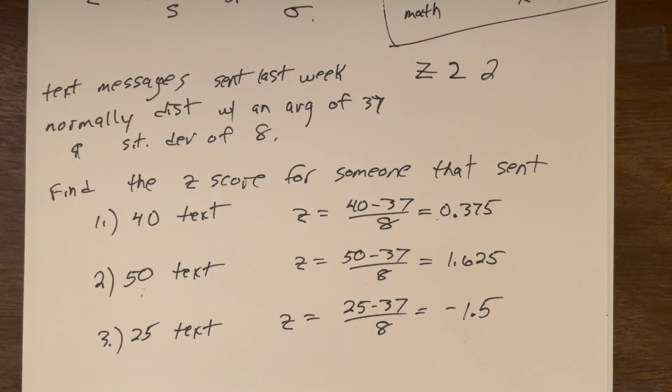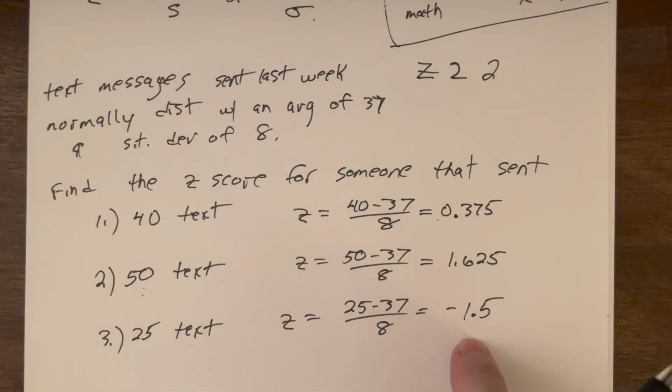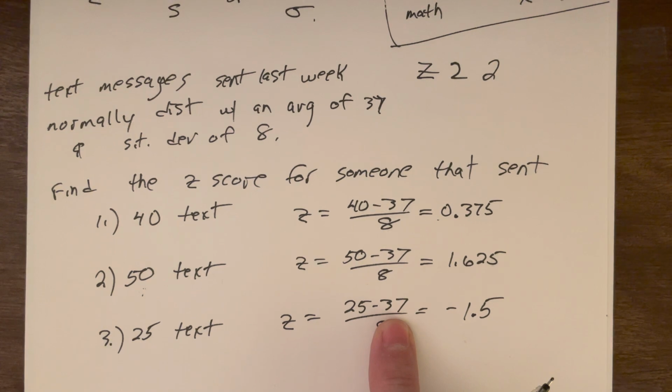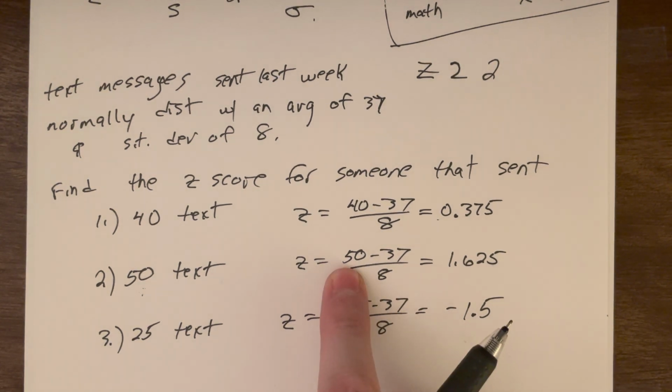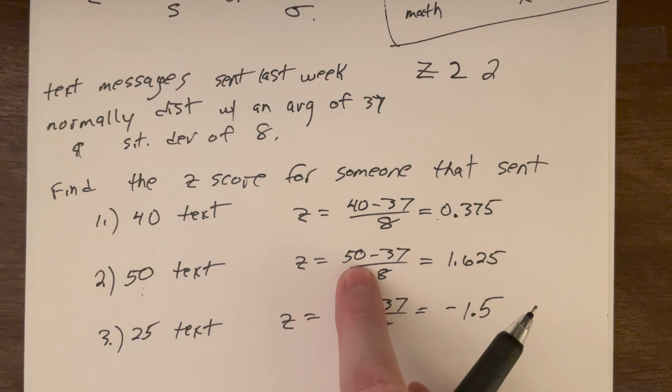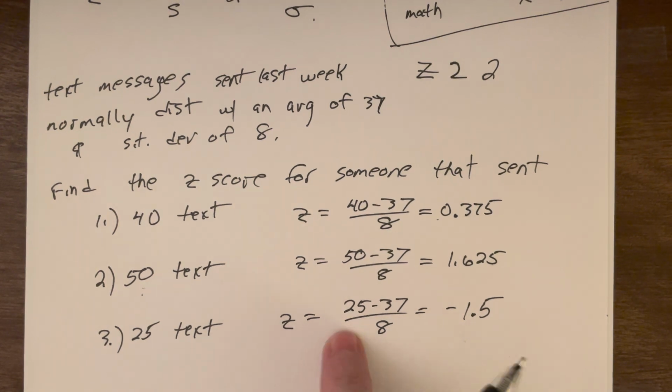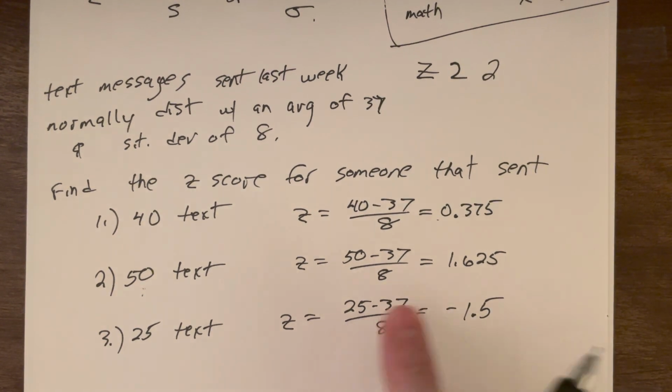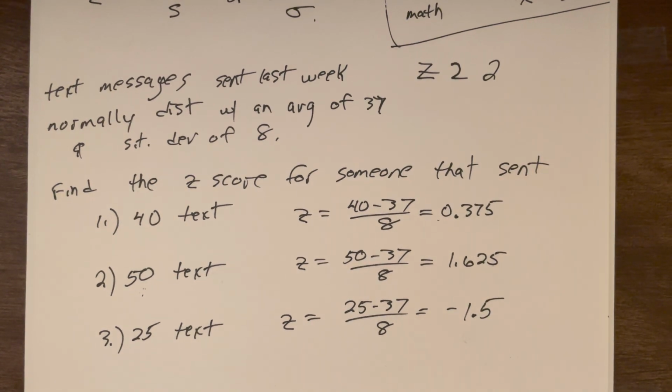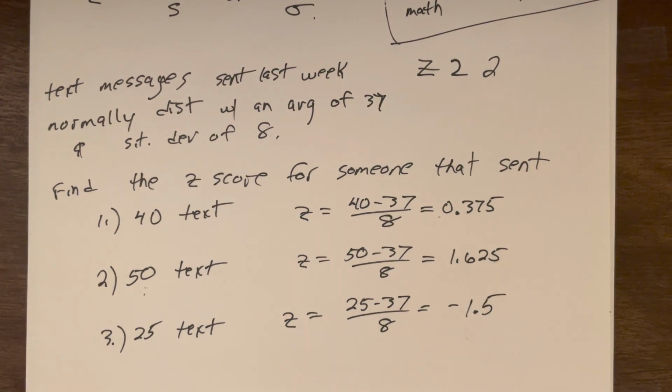If we were running a race, you'd want to have a negative z-score. If the average time to complete the race was 37 minutes, you took 50 minutes, you were slow. Someone who took 25 minutes, they were fast. So it's not always that positive z-scores are better. We always have to take the connotation of the problem.